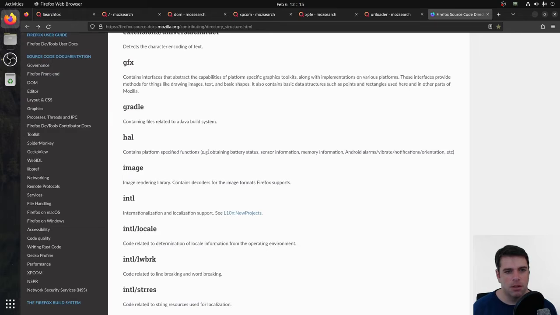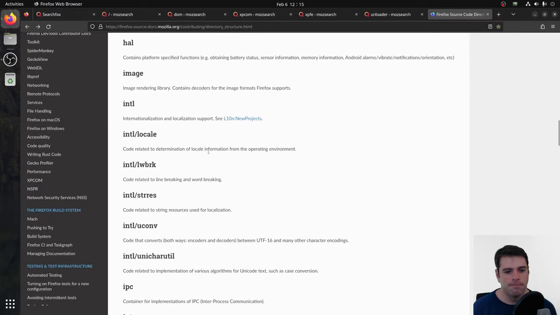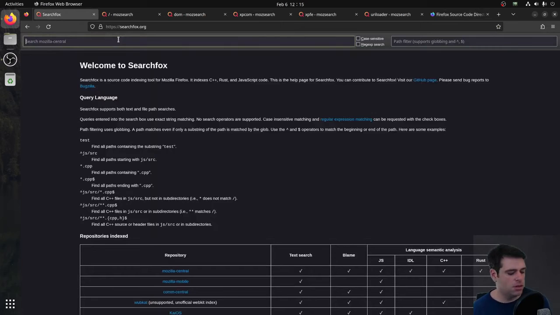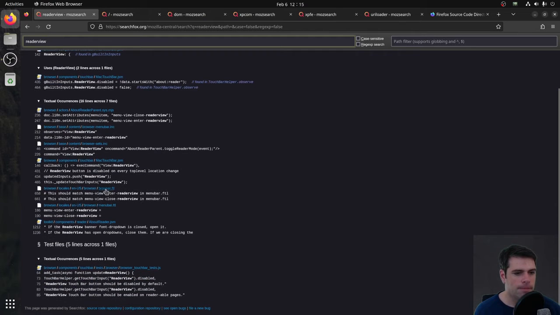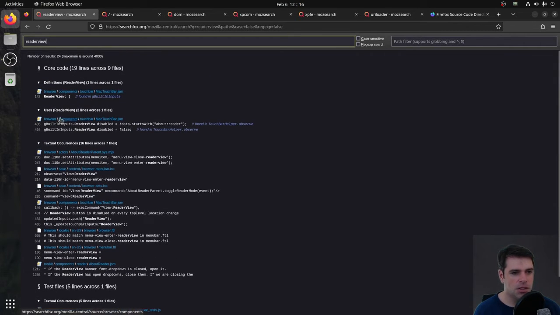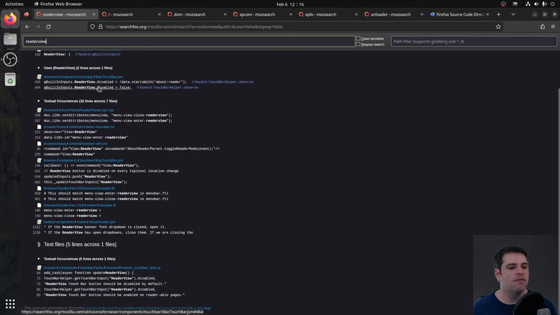Graphics, Gradle. Okay. So I'm curious where reader view is. So this is locale, something about locales. These appear to be display icons. Mac Touch Bar JSM. Okay. So reader view shows up in 19 lines across 9 files. This is only 9 files. This can't be what